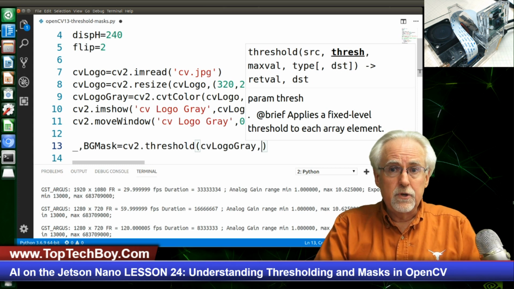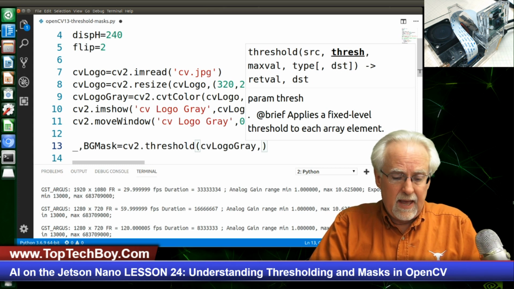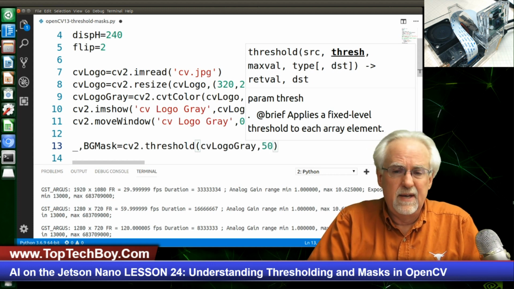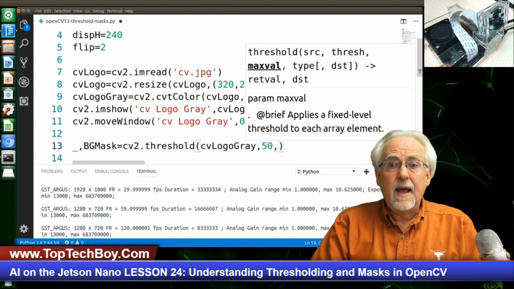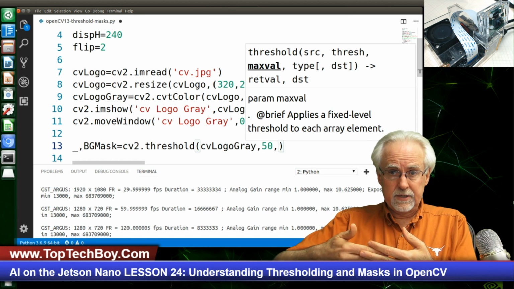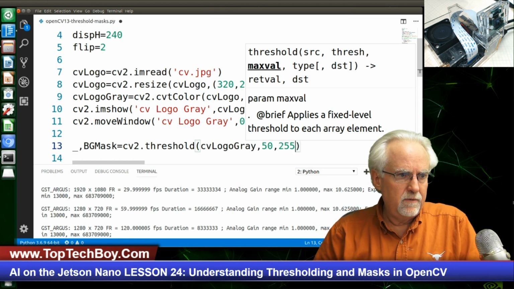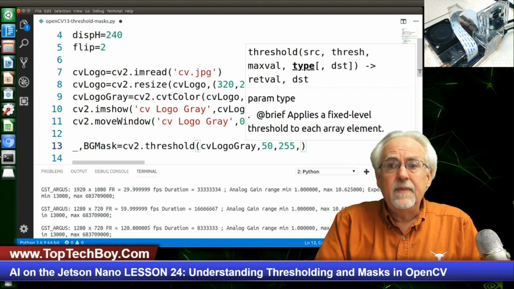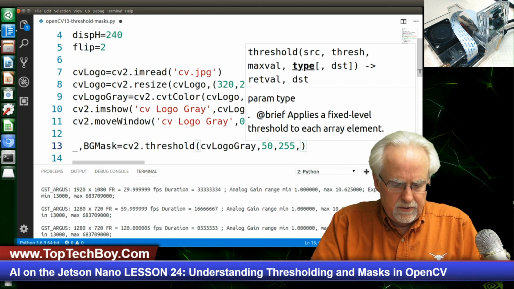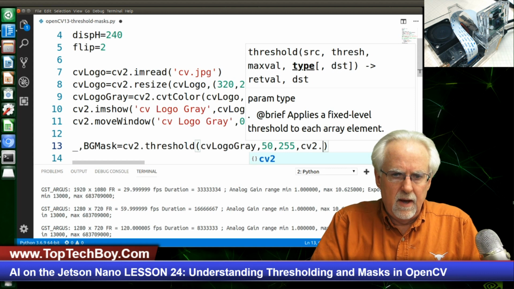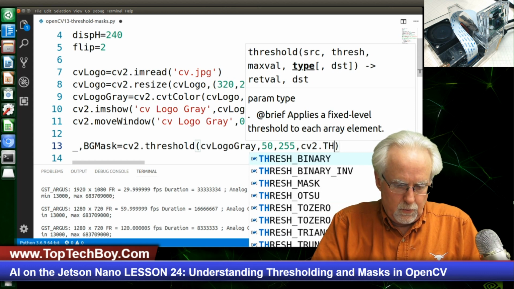Okay. And so for you to be white, we have to have a threshold level. Let me set my threshold level to 50. You just got to kind of guess. And then if you exceed the threshold, what do you want to go to? You want to go to full on, which would be 255. And then what type of thresholding will we do? We will do CV2.thresh